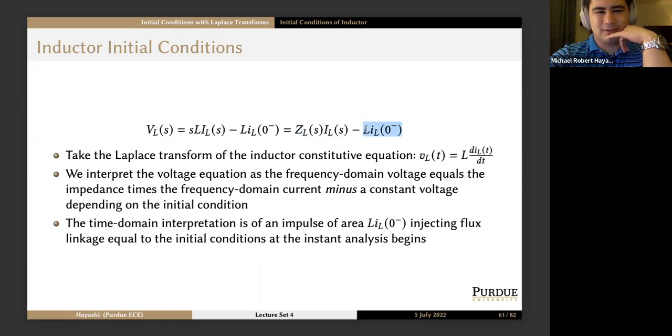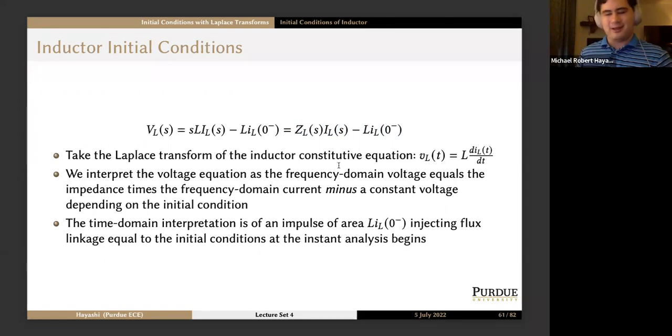So voltage equals voltage minus voltage. This voltage is L times i_L(0-), the initial condition. The interpretation is that there's an impulse of area L times i_L(0-)